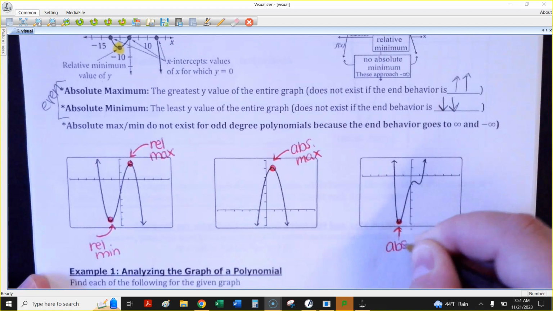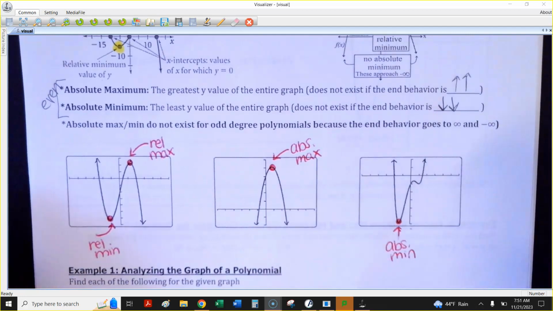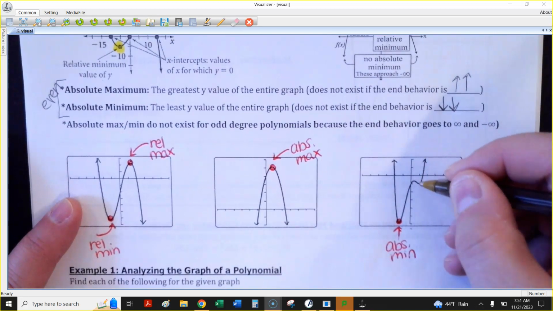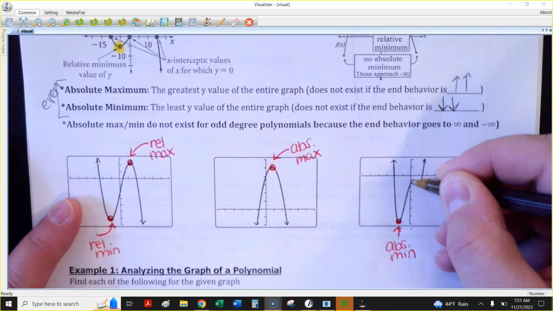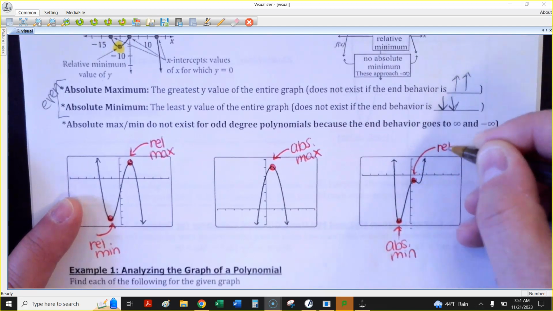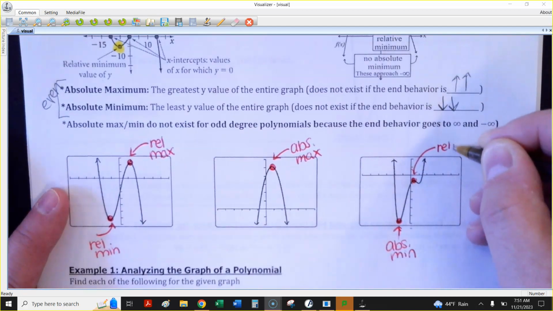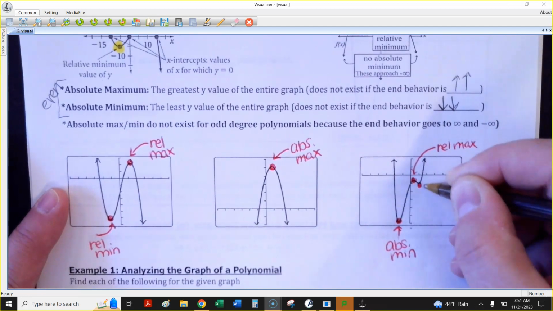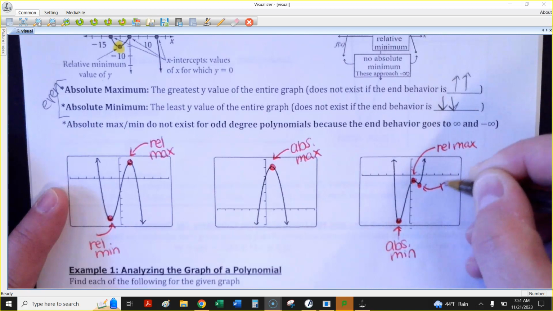This would be an absolute minimum. And I know this is super tiny in here, but these two little turning points kind of up in here, try and draw a little arrow. This one where it bumps up, this is a relative maximum. And this one where it kind of dips down, that would be a relative